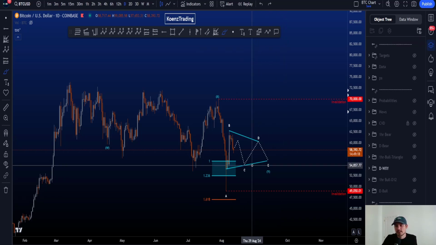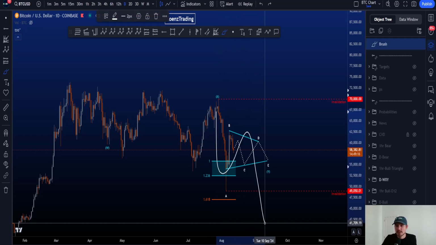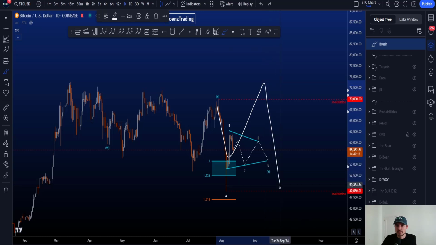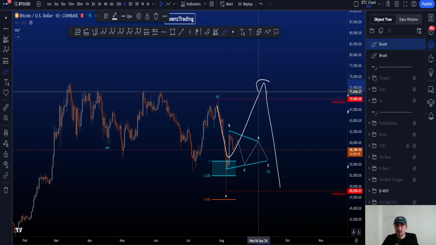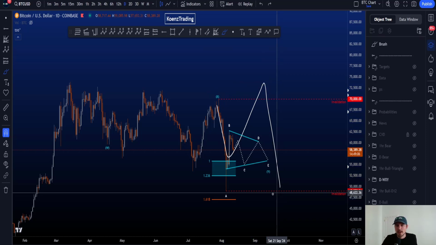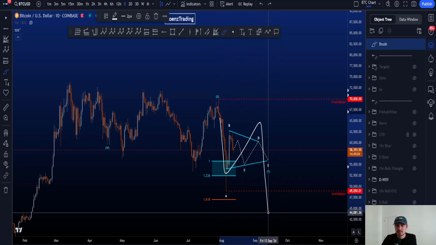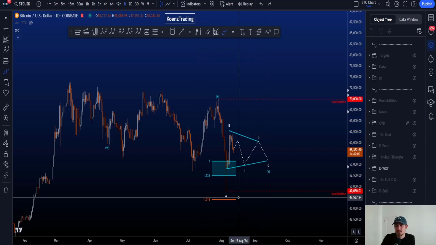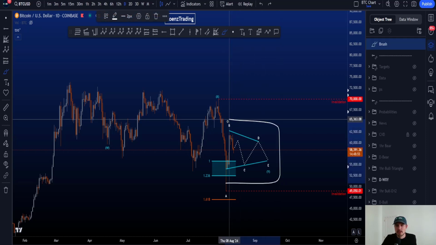And we do know that in a wave Y, you can have a zigzag ABC, you can have a triangle, or you can have a flat ABC. Now, a flat at the moment, moving above your X here and then down, looks very unlikely. And a zigzag ABC will move wave C far beyond the 1.618. So it's not great probabilities to see that happen in a wave Y, which then leaves us with the triangle